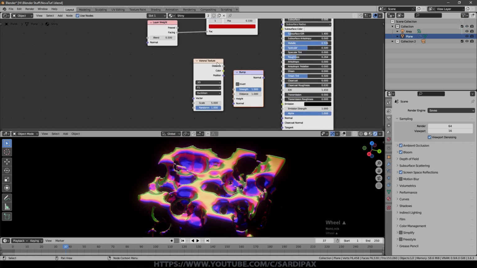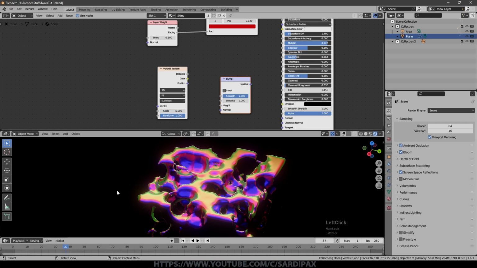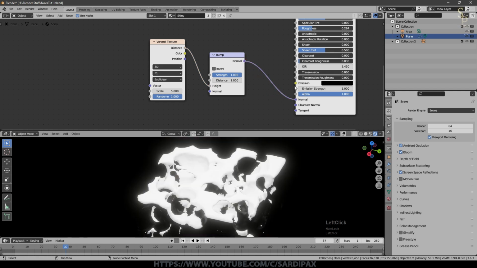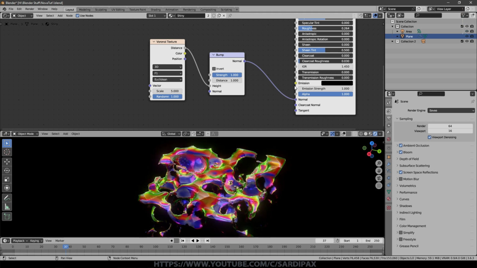This gives us, as it were, fake geometry. So it's not really adding to the geometry, but it's making Blender know that we want it to render artifacts that we create as if they were geometry. So I'm going to take the distance output from my Voronoi texture into the height on the bump node, and then the output goes into the normal input. Normals are how we determine what geometry is all about, and you can already see we're getting a more interesting